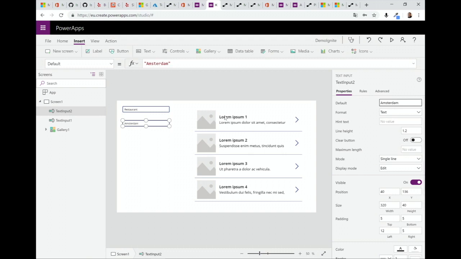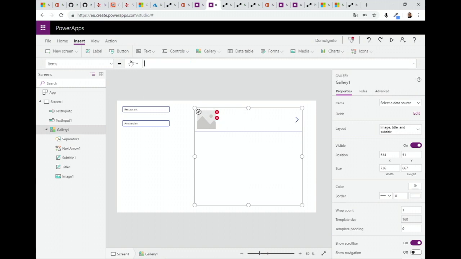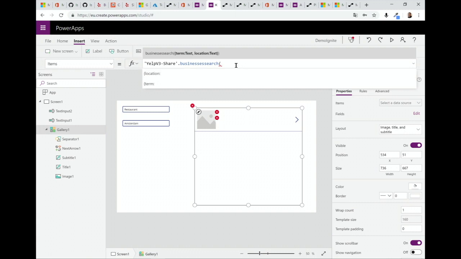Like this. And if I take my gallery, the goal is to replace the item with the custom gallery sample here. And I have my Yelp share.business search, and it will ask me for the term and the location.